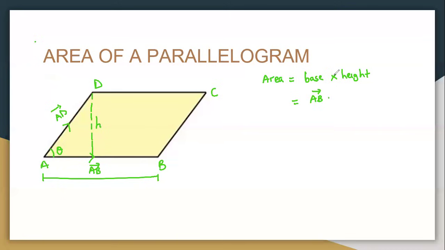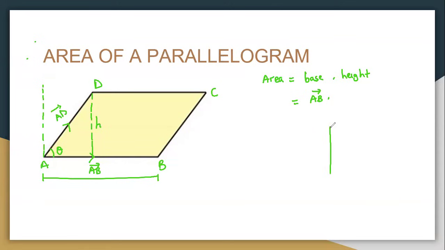And we are multiplying. Allow me not to use this times because you may confuse it with the cross. So we are multiplying times the height. But when you look at the height, I don't know whether, members, you remember from your knowledge of trigonometry,